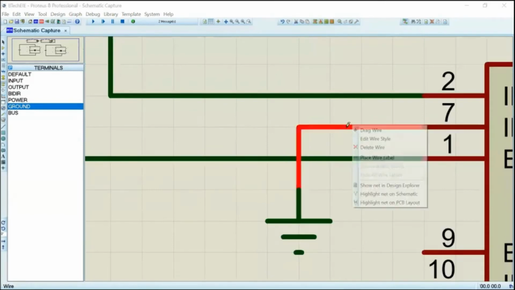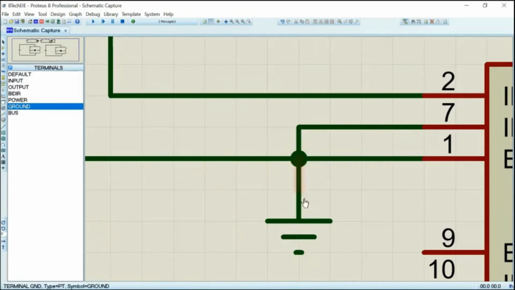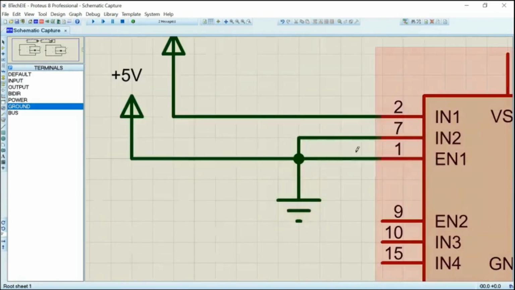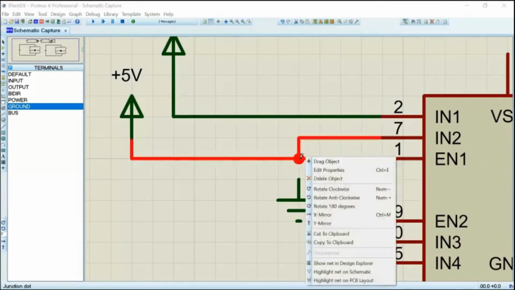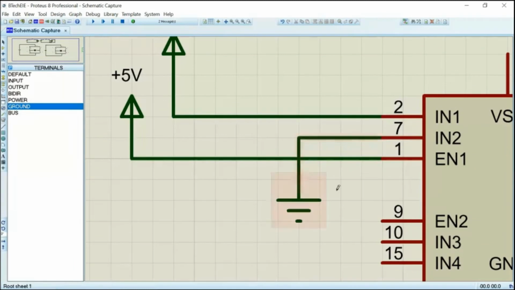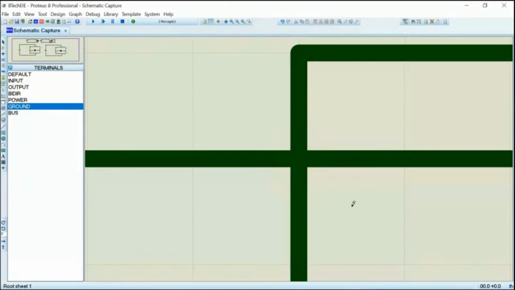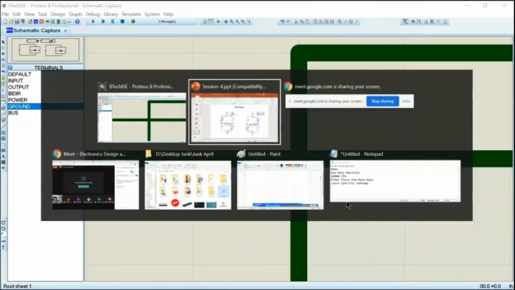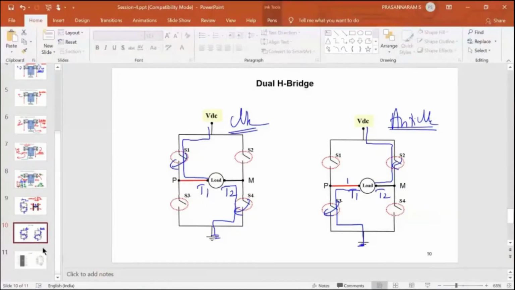I'll show you how. Let us say I connect this 7 to here, and if it is connected here, then there is a short circuit. The enable line and the in 1 are short circuited. Now, as long as it is not there, this is my enable line. If I make a connection like this, it is still legally permitted and there is no connection here. But when we draw a circuit in our observation notebook or in any lab record notebook, we should not follow that notation. How do we follow?